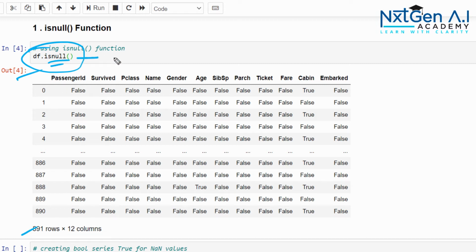If it is null, then you will get True. In this example, these values are filled, that's why the output is False. But if this value is NaN, you will get True. So many Trues we can see using the isnull method.